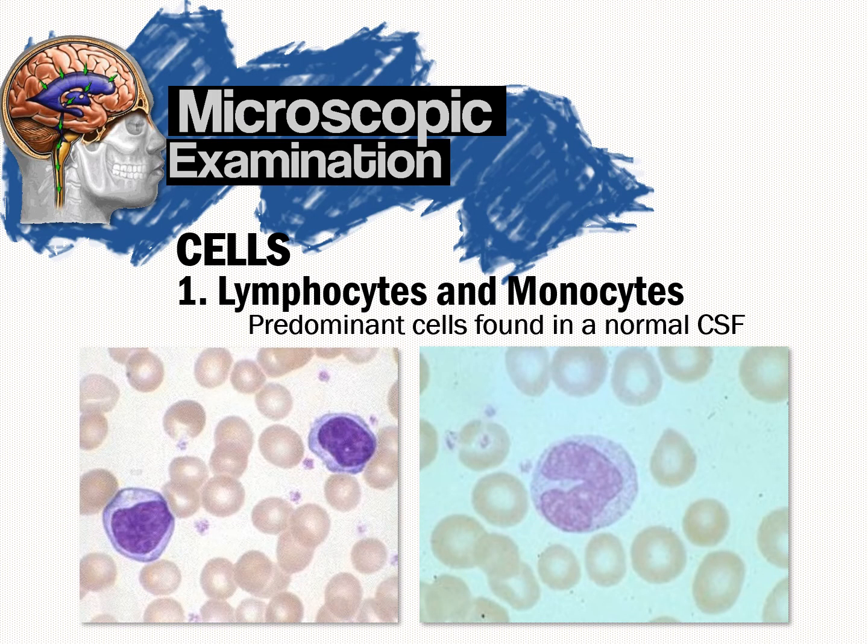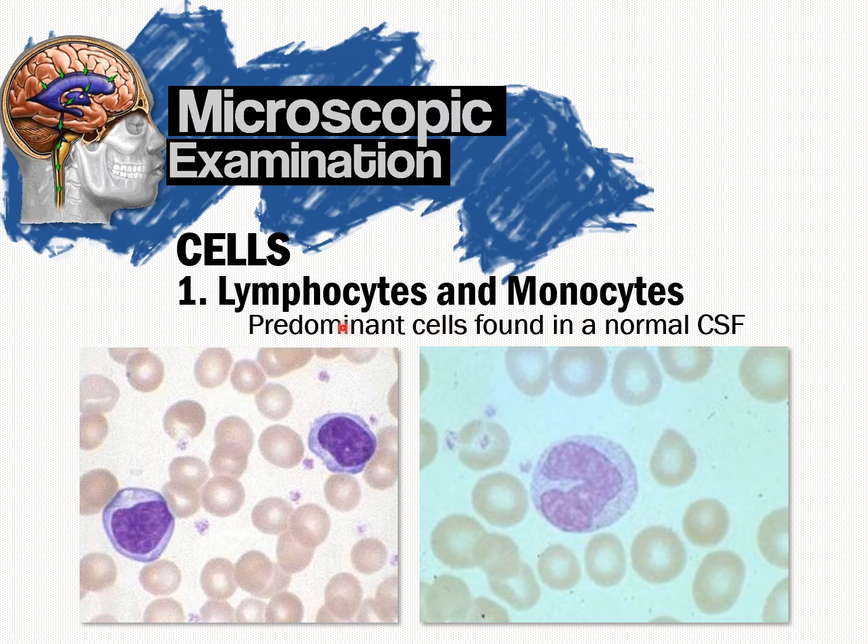In a differential count, the following are the cells that you will encounter in a CSF. We have lymphocytes, these ones, and monocyte, this one. These two are the predominant cells found in a normal CSF. Lymphocytes are the predominant WBCs in adults with a ratio of 70 to 30, meaning 70 lymphocyte to 30 monocyte. While monocytes are the prevalent WBCs in children, where the ratio is reversed, meaning there are about 70